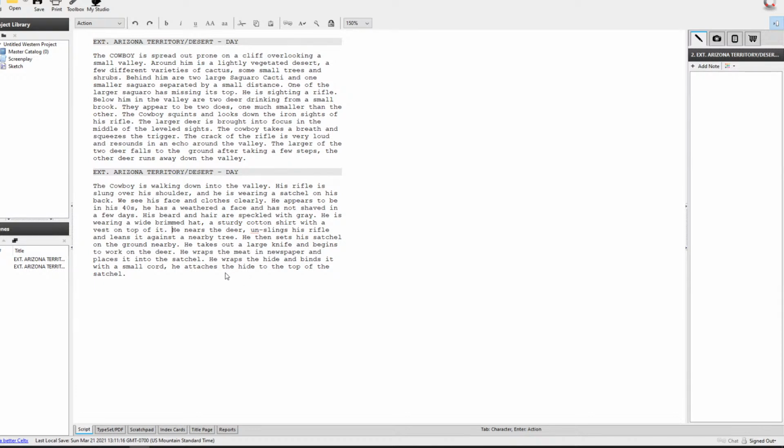Once finished with this, he takes a small spade, digs a hole. I don't know if we want to do that, because he could just leave it out, but probably drag it away from the water. He drags the remains, the carcass,